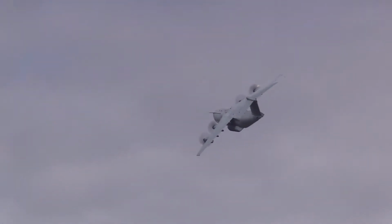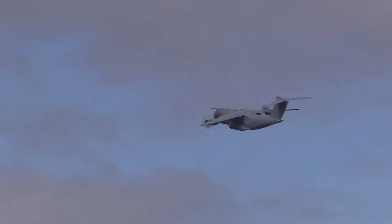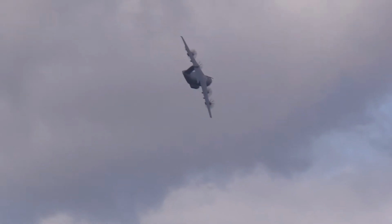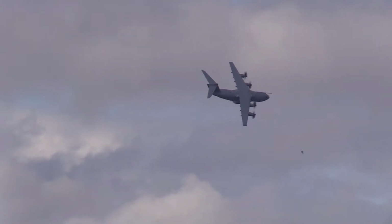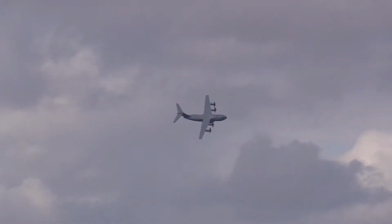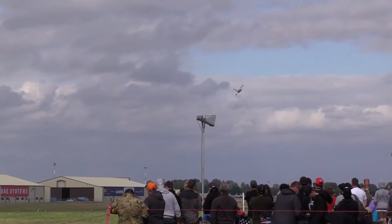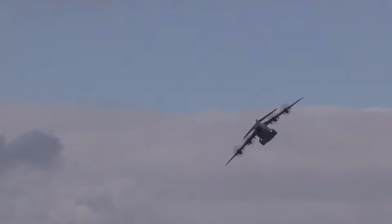Delivery of palletized stores. A very interesting fact about this aircraft, it's actually designed to be its most efficient flying 7 degrees nose up, which is actually the optimum for delivery of a Paradrop system which comes out of the back on parachutes. If you look very carefully at the aircraft when it's on the ground, you'll see that the engines are actually canted down at 7 degrees, which means 100% of their thrust is going backwards when the aircraft is flying 7 degrees nose up. Now putting the speed on up to about 250 to 280 knots,